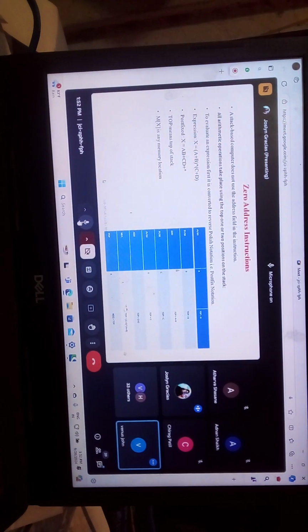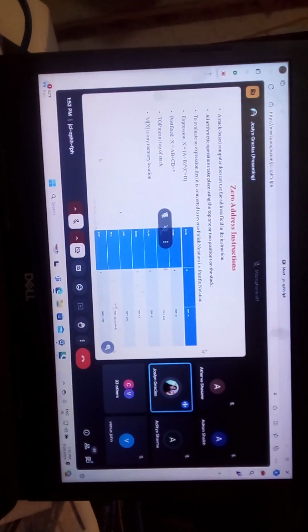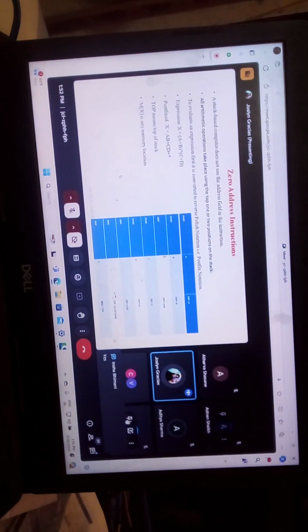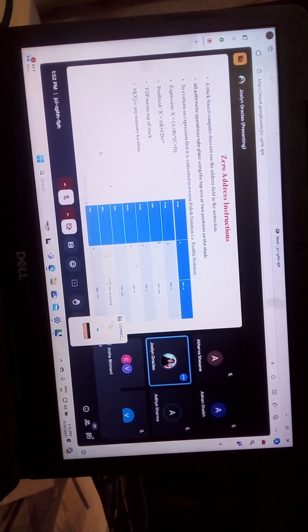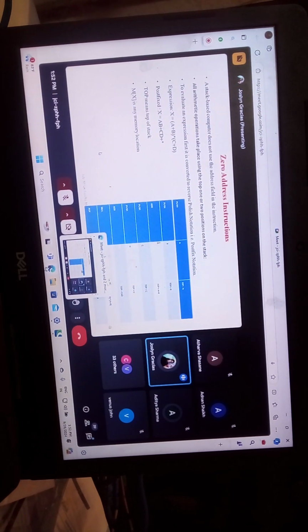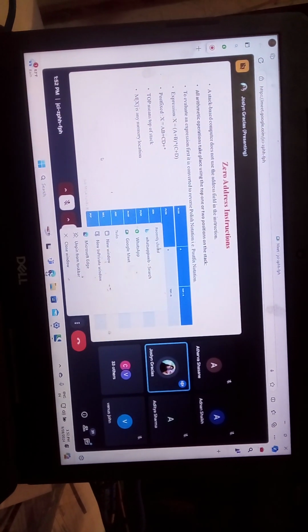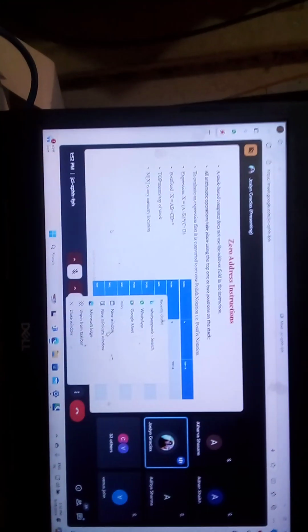Yes, ma'am. You can see here the zero address instruction format. There is push A, there is push B, there is add. For push A you have given a particular suffix, A, for push B you have given B, and for add you have not given anything.